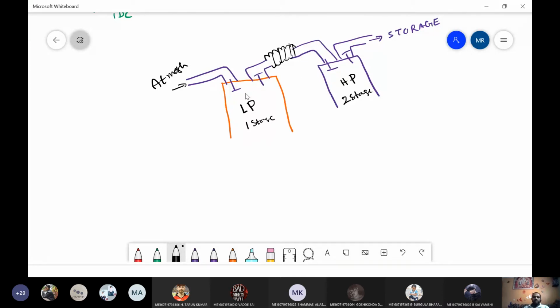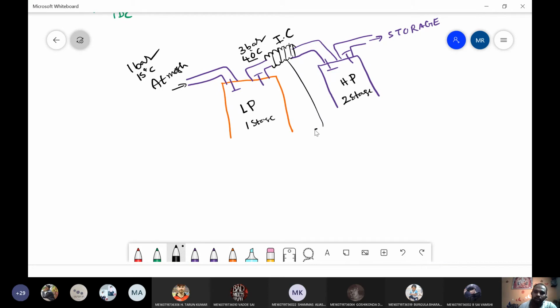So this low pressure cylinder sucks the air from the atmosphere, that is around 1 bar pressure, and let us say 15 degrees centigrade. Due to the compression, the pressure may be, let us say, 3 bar, and the temperature may be increased to 40 degrees centigrade. If I use directly this 3 bar and 40 degrees centigrade, there is no use of multi-stage, right? So I need to decrease the temperature of the air entering into the second stage by maintaining the pressure constant. So in order to do that, I am using intercooler.